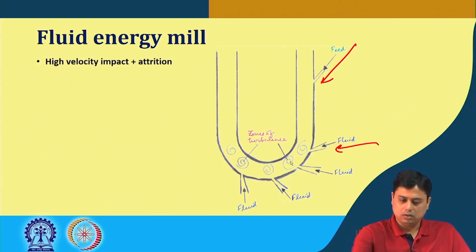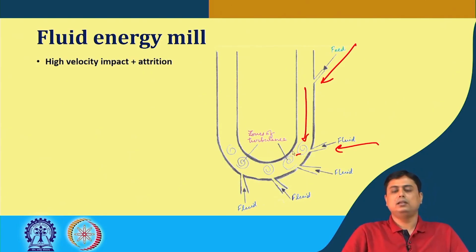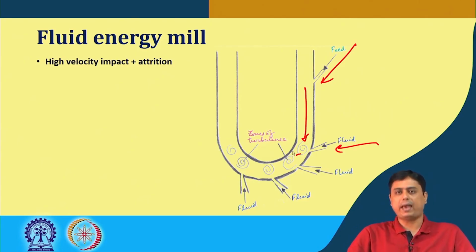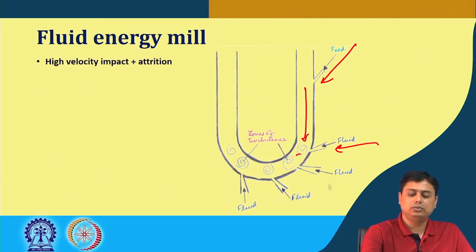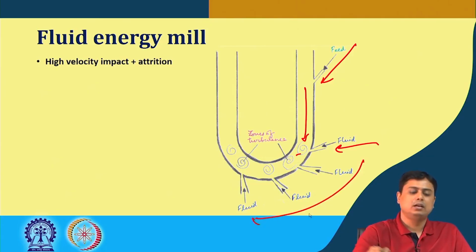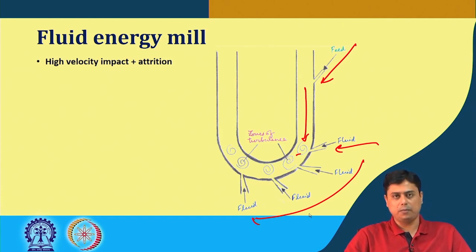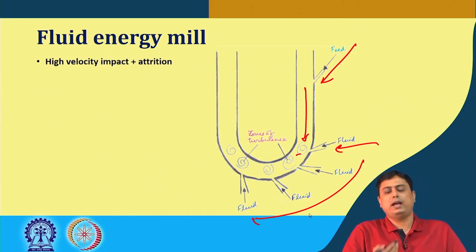Now, as it happens, the particles are falling and are being hit by the jets of these fluids, which means a very high impact. And in the zone of turbulence, in the wake, these solid particles have chaotic motion, and in between the particles there is attrition, and with that attrition the sizes are reduced. So, with the creation of this turbulence zone by inletting this high velocity fluid at different locations, the feed feels high velocity impact plus the attrition in between particles,